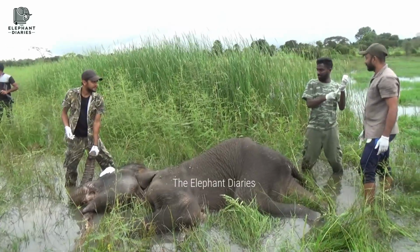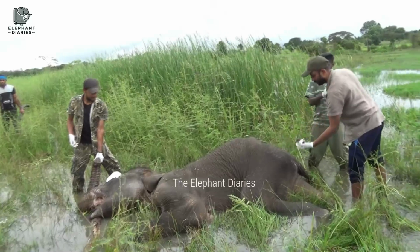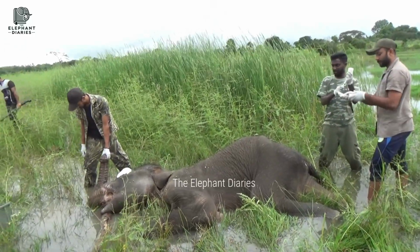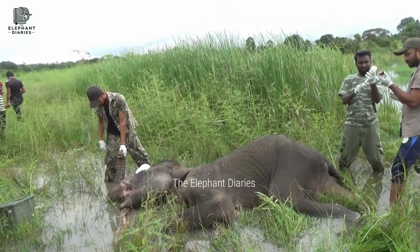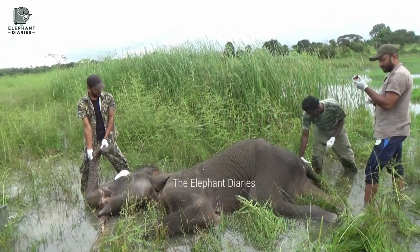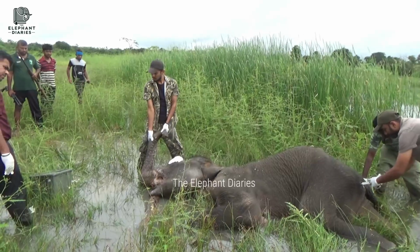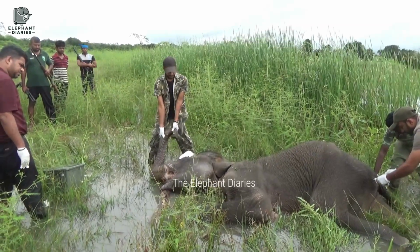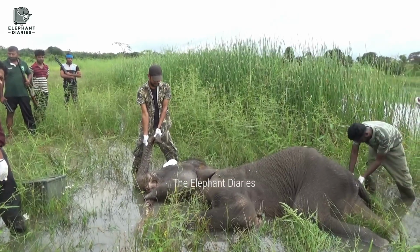In the meantime, antibiotics, multivitamins, anti-inflammatory drugs, and painkillers are administered to the animal via intramuscular injections. In this situation, the animal's weight, body size, age, and strength level are all taken into account when administering medication. If you are a committed audience member, you are already aware that jaw exploders have the purpose of killing